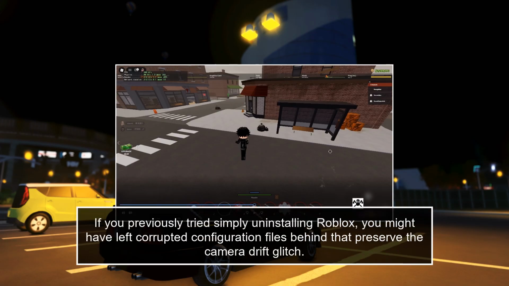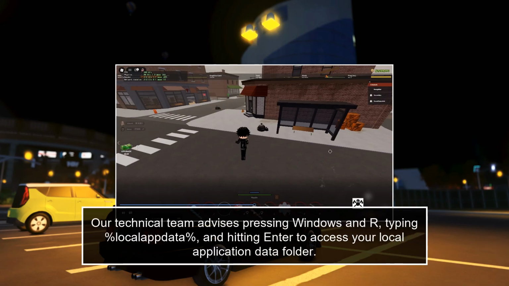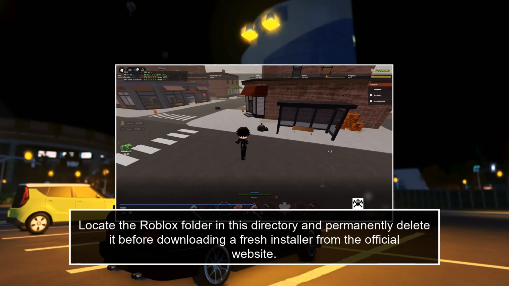If you previously tried simply uninstalling Roblox, you might have left corrupted configuration files behind that preserve the camera drift glitch. Our technical team advises pressing Windows and R, typing %localappdata%, and hitting Enter to access your local application data folder. Locate the Roblox folder in this directory and permanently delete it before downloading a fresh installer